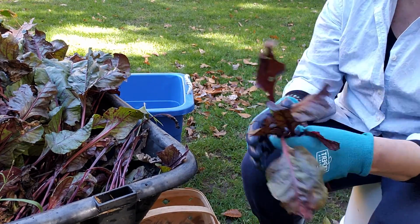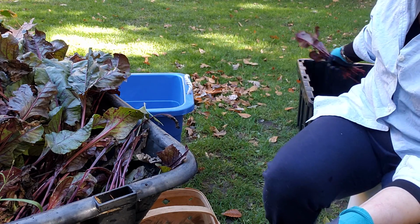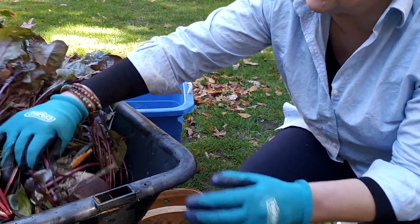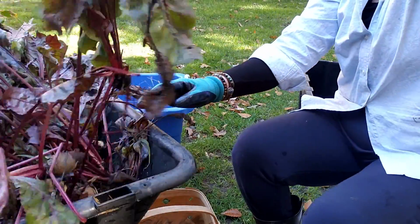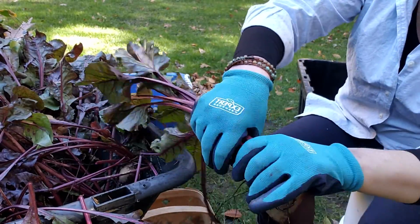And then I'm going to look through my greens, and these greens are really not in that great of a shape, so I'm just going to give them to the animals. And that's exactly what I'm going to do, going through all of them right now. This is a much bigger one. Again, I'm just going to rip